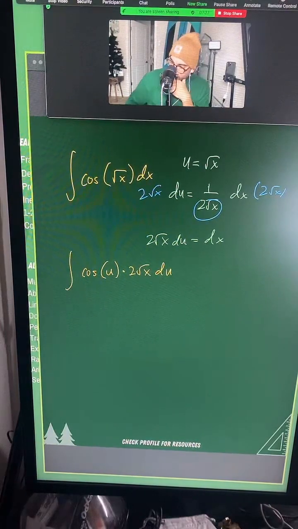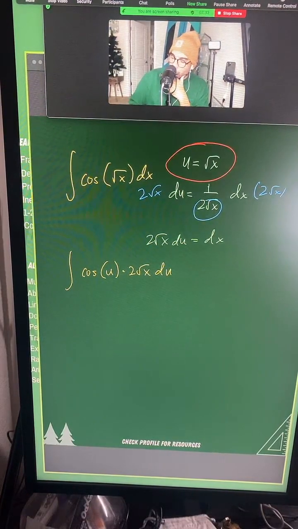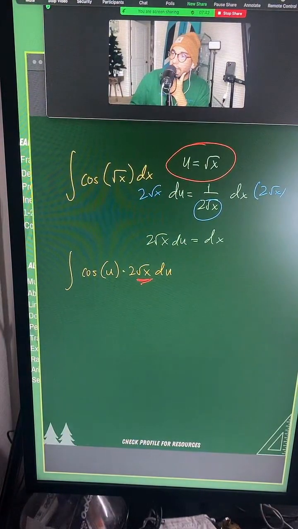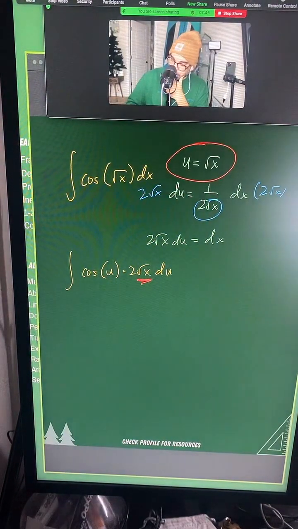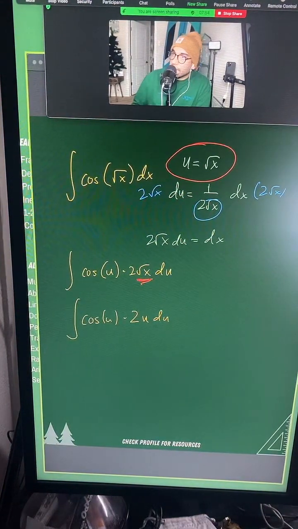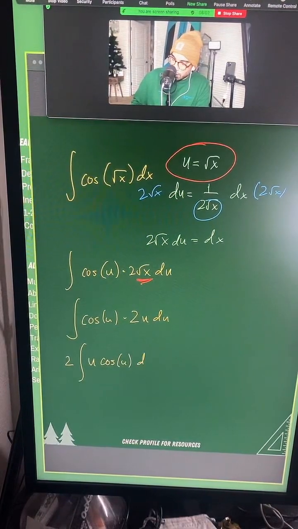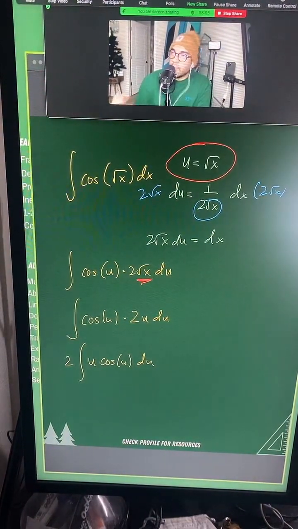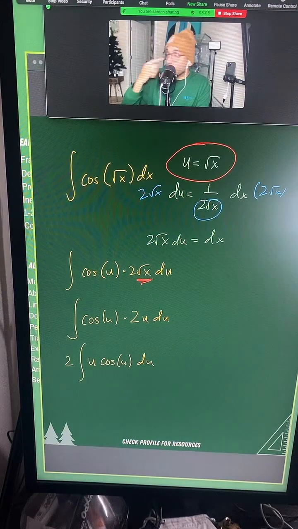Of course, I do a lot of problems. Okay, so let's look back. I'm going to circle this in red. Remember, u is equal to root x. That's actually going to help us because we already have the root x there. That's exactly what I'm going to make this square root of x in the new integral. So now I'm going to have cosine of u times 2u du. Yes, and I agree. Let's move the 2 to the outside. That just makes things so much easier. So I moved the 2 and put the u in the front, and now I have the integral of u cosine of u du. At this point, this is a very basic method that I think a lot of us are going to know. This is integration by parts.